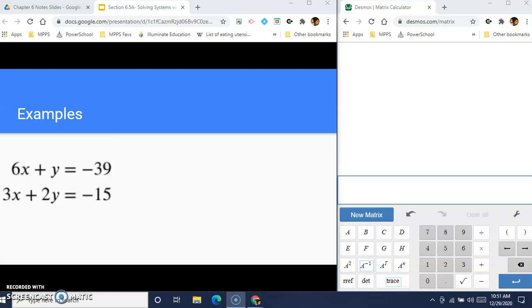So I have over on the right here desmos.com/matrix open. That's the website we're going to use. It's just an extension of Desmos. I've got a link right to it in the homework assignment as always, so you should be able to find it pretty easily. Looking at 6x plus y equals negative 39 and 3x plus 2y equals negative 15,